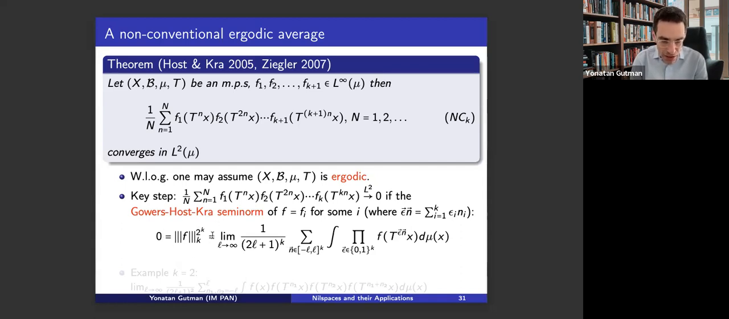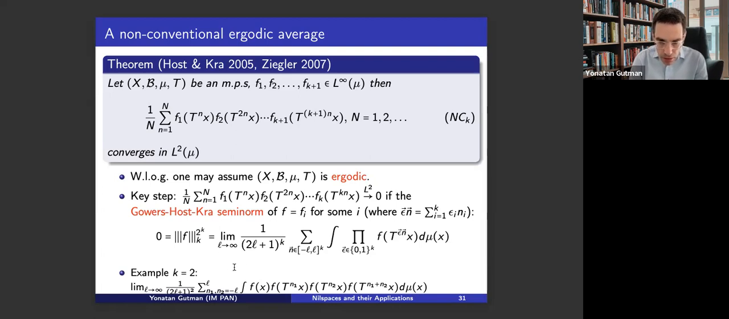So the Gowers-Host-Kra seminorm controls the so-called non-conventional ergodic average. I should mention this is called the non-conventional ergodic average because when k is 1, so when you have the 1 over n sum f(T^n x), this is the regular ergodic average, which was studied by von Neumann, Birkhoff, and so on. Here I wrote an example for k equals 2. So when k equals 2, you really see the two-dimensional parallelepiped, right? We have here f(x), f(T^n x), f(T^{2n} x), f(T^{n+1}...),